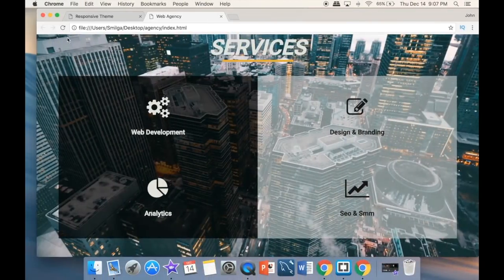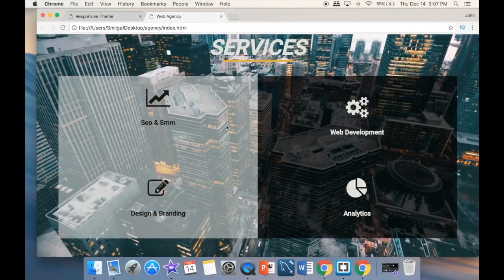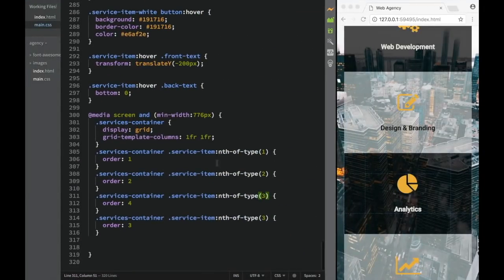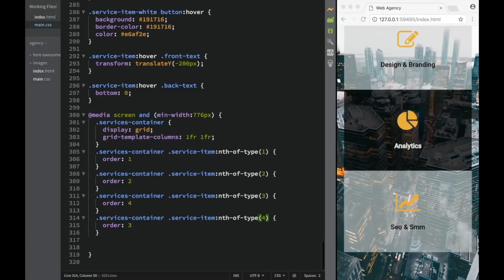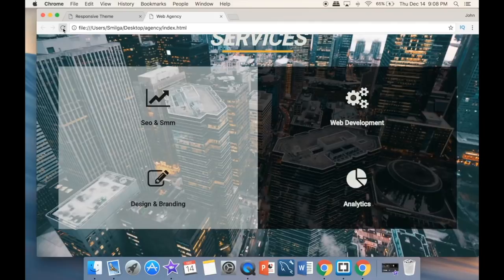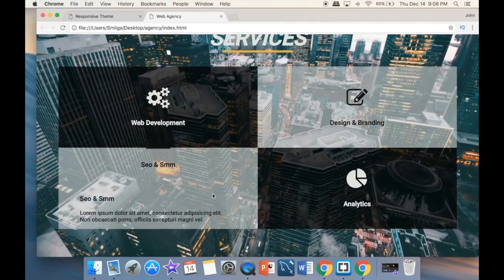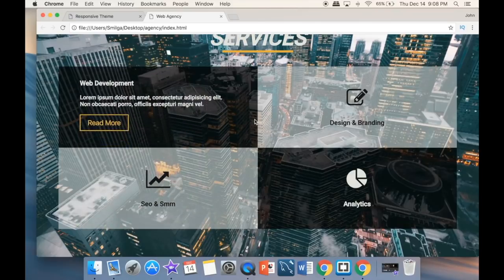So we go back, refresh, and you can see that something went wrong, because that's not how we wanted, right? So let's check it out again, where something must have messed up somewhere. So services container, this is 1, 2, 3, 4, and this is 3, 4. And this is actually not 3, this actually needs to be 4. So we save this one over here, and let's try it again. And sure enough, now it works. So now this is how we can create this services section, and now we're ready to move on